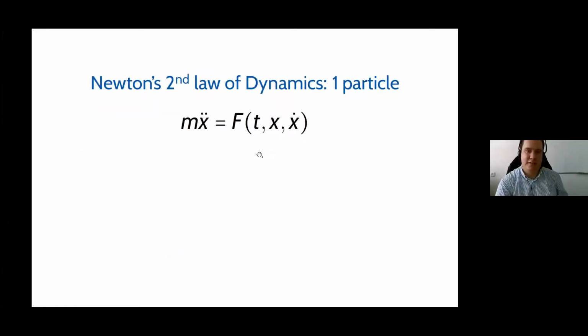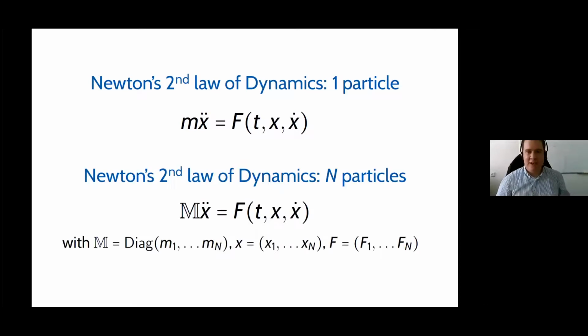Let's get a more precise mathematical description of the second law of dynamics. A is an acceleration, and we will have several forces that depend in general on time, if I have an external input moving my glass, and on the state. The potential energy clearly depends on the state and on time because I'm moving my glass, and usually also on velocities. In this case, there is some viscous resistance to the movement of the marble.